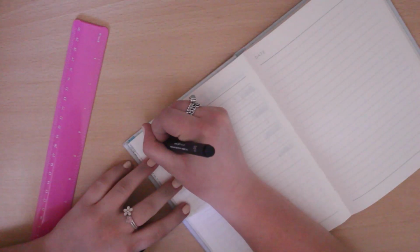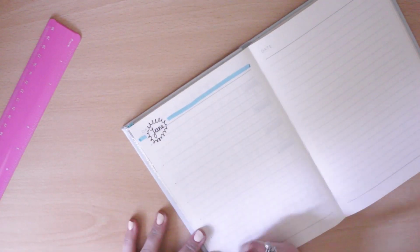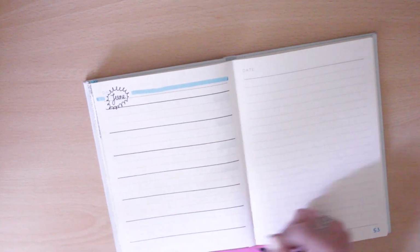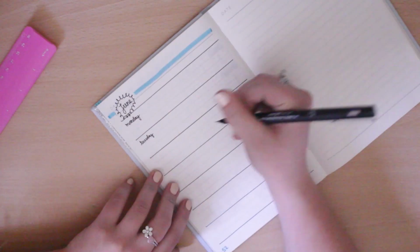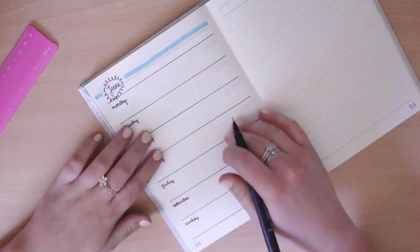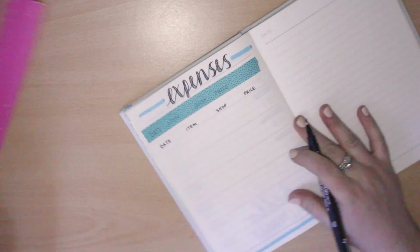It's exactly the same as what I did last month, just a little bit of a different design. I've kept it a lot simpler this month because it doesn't need to be complicated at all. So I've ignored the next 3 weeks worth of drawing them out because it's just obviously boring watching the same thing over and over again. Going on to my expenses tracker here,